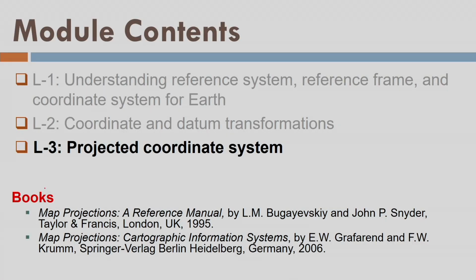Now in this lecture, projected coordinate system, we are going to project the curvilinear surface of the earth onto a plane surface. Remember, in the first lecture we criticized this approach. Again we are going back. What could be the reason? There are some valid reasons for that, and this time we are going to do it for a very large area, not for a small area.